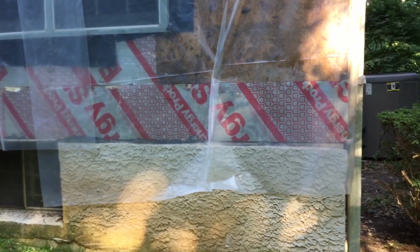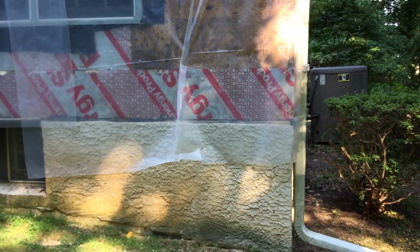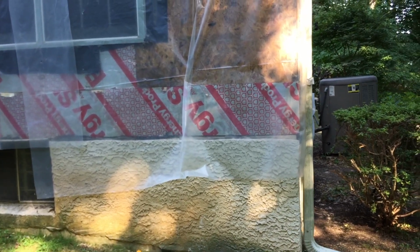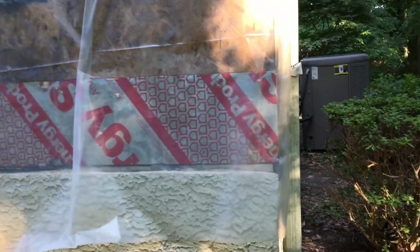the house starts to move even though we don't notice it. The house goes through moisture, goes through water, goes through ice, goes through 90 degree weather. It goes through 30, 20, 15 degree weather. So that's where the bulging starts. Why does the bulging start? It's because the metal lath only has a few nails to hold to the structure